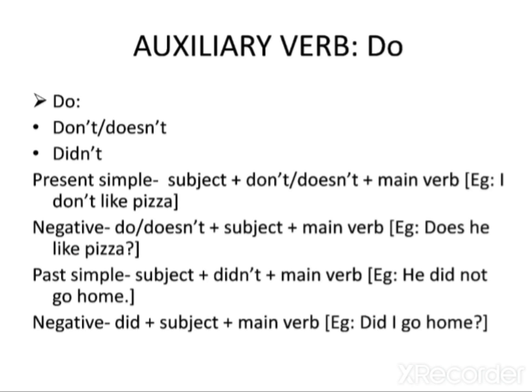And we have to use the main verb. So we have to say he didn't go home or he did not go home. You cannot say he did not went home. Are you listening to me? We can't say he did not went home. That's grammatically wrong. Didn't verb tells us it's past, and doesn't verb tells us it's present.